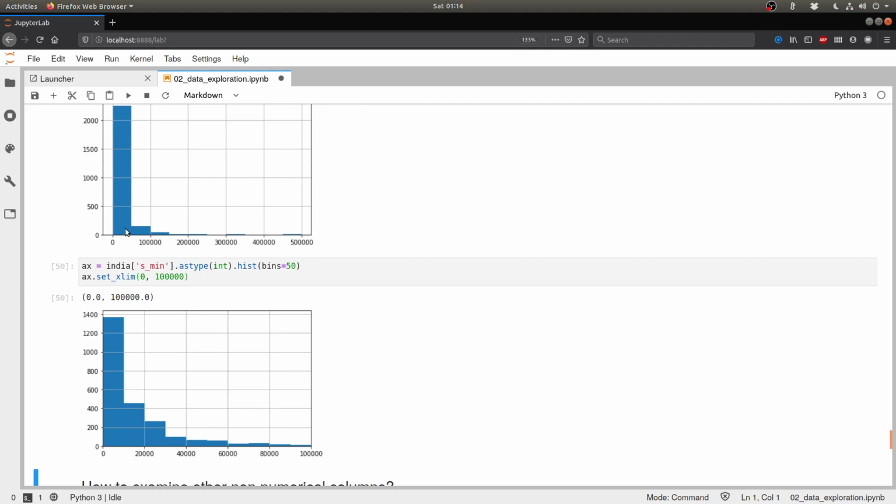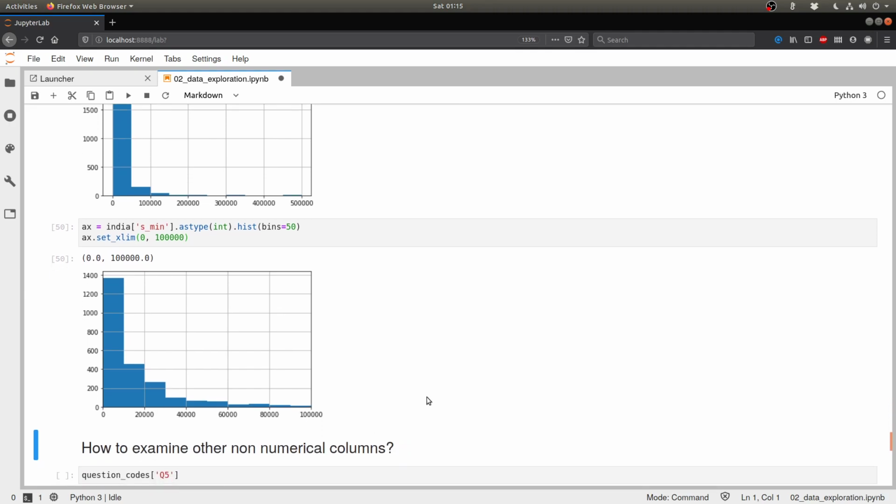Most of the data, as we saw, is concentrated between these two bins. But if we magnify that particular limit and increase the number of bins, this is what we see. So most people, roughly 1400 people, are earning less than or equal to $10,000 per annum, and fewer and fewer people keep getting higher salaries, and that makes sense. This is also called a Pareto distribution or a power law distribution, where most people will be earning lower salaries, and as the salaries go on increasing, fewer and fewer people start earning those higher amounts of salary, right?